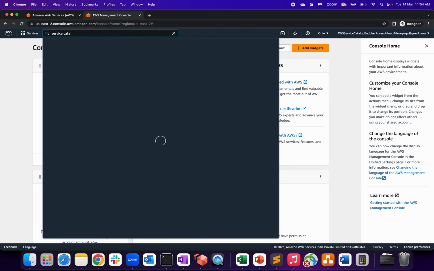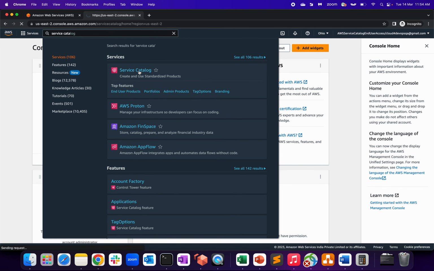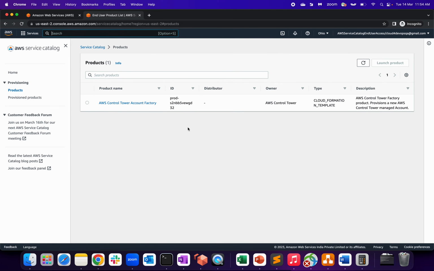Service catalog. Let's see how the product looks. Again, it's a module. We can create not only one service catalog, but a number of products. As an example, you can have a CloudFormation template created and give access to the end users, and they will be able to create a number of machines or VPCs or everything from